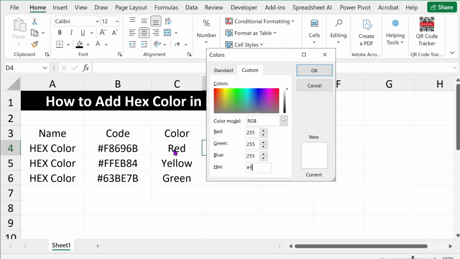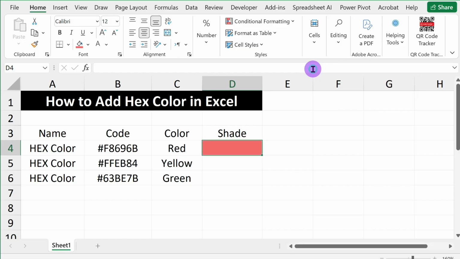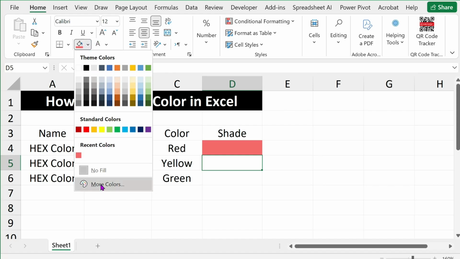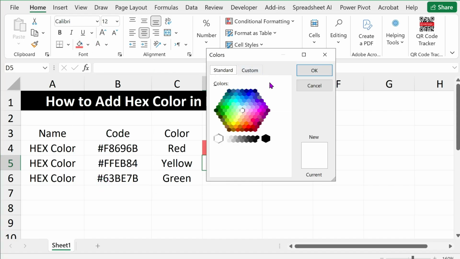For example, for red, the hex code is F8696B and then click OK to proceed, and here it is. This is so simple. Again, go to the Home tab, click on the bucket, click on More Colors, go to